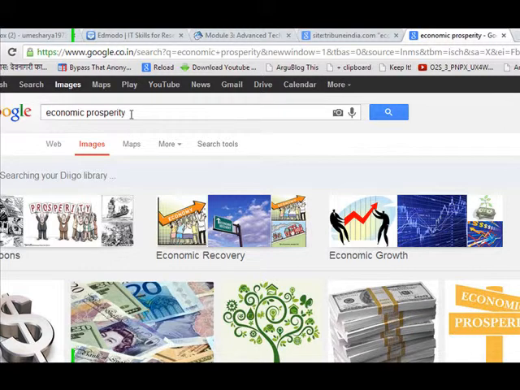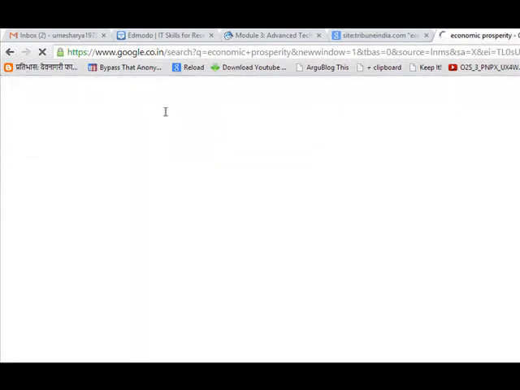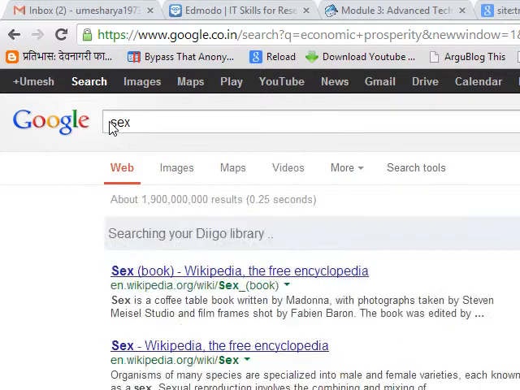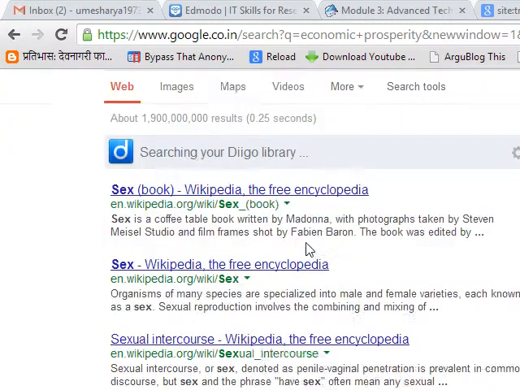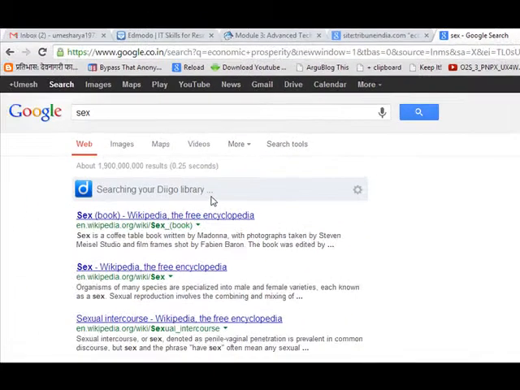Or if you want to search for sex, then if safe search is on, it will not show obscene results or results in bad taste. It will show only the scientific results.